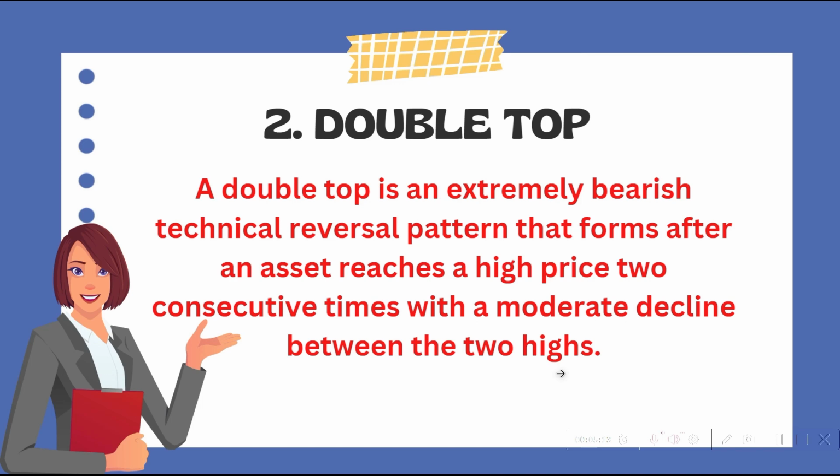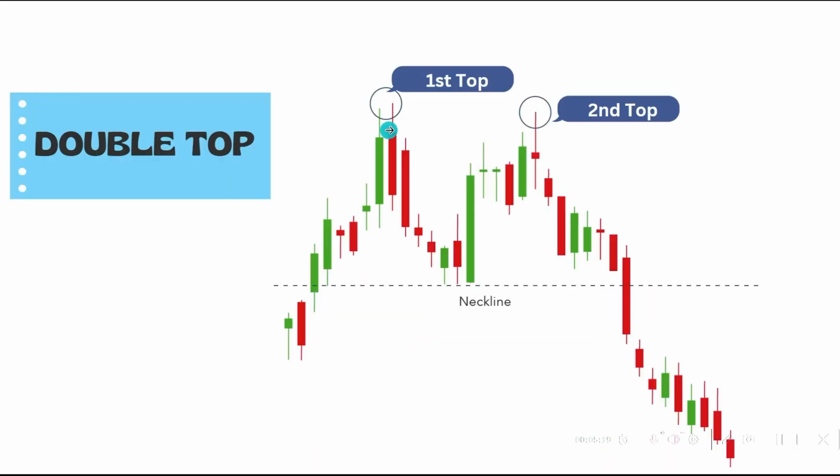Now let's discuss the chart of double top. The tops are peaks that form when the price hits a certain level that cannot be broken. And in this chart, you can see the two peaks or tops were formed after a strong move up. You can notice how the second top was unable to break the high of the first top. And this is a strong sign that a reversal is going to occur because it is telling us that the buying pressure is about to finish.